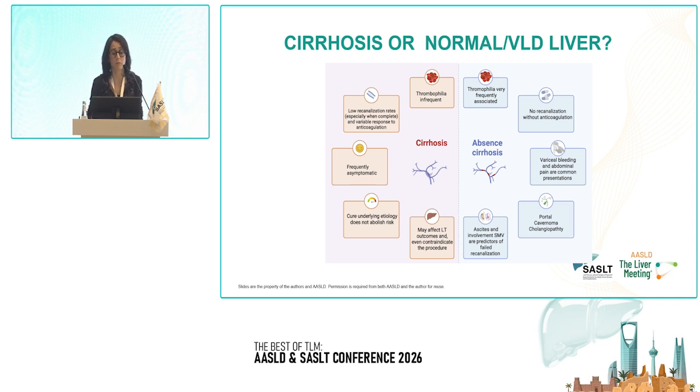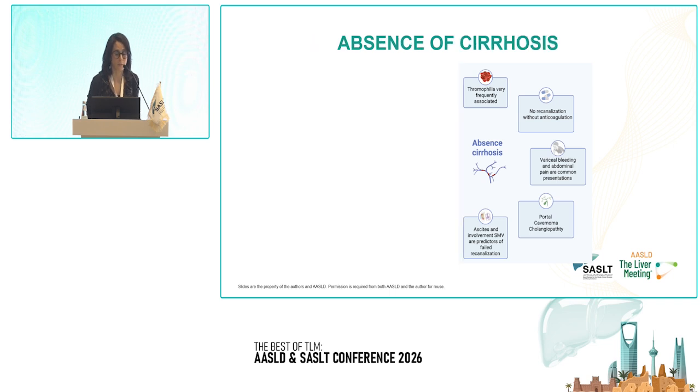However, in the patients without cirrhosis, here thrombophilia is super important. We really need to start anticoagulation very early, because this is what will determine the rate of recanalization. Usually the patients are coming, especially in the acute setting, with portal hypertension complications. And in the more chronic phase, we do have a portal cavernoma cholangiopathy that is very challenging and difficult to treat. When we have ascites and the involvement of the mesenteric veins, this is a bad response or a bad